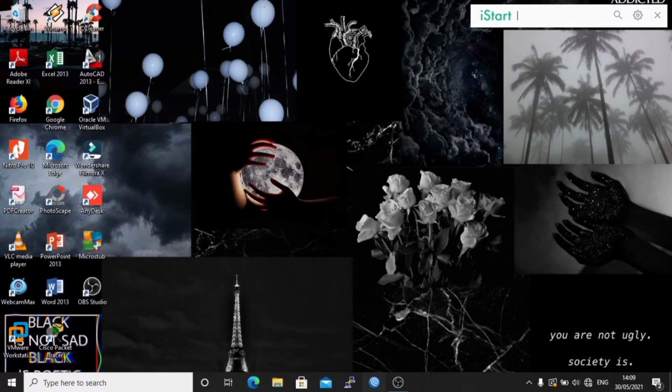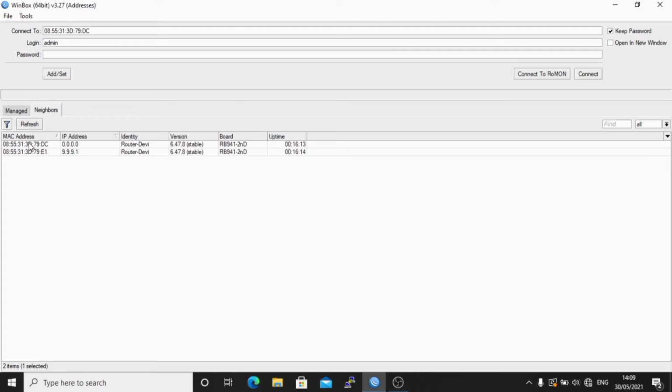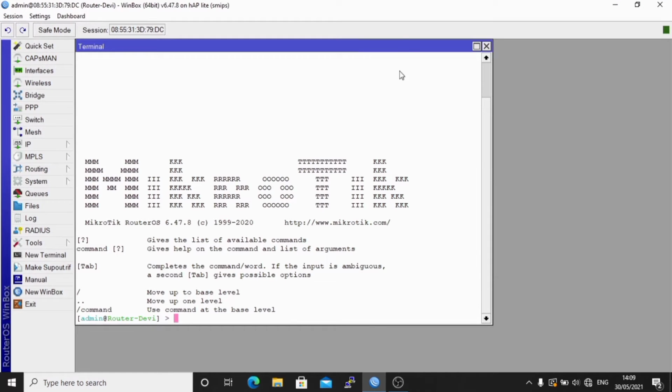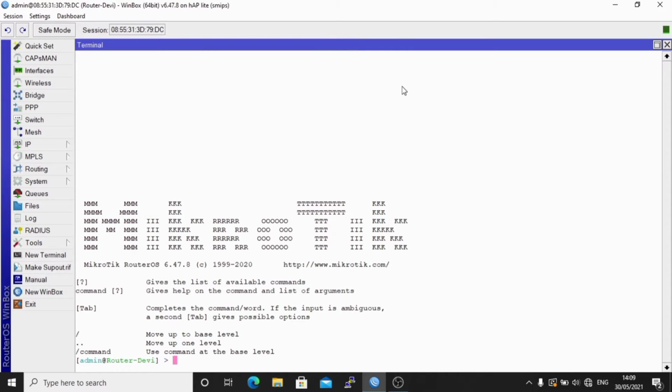Okay, open the Winbox. Connect. The first, do configuration default authentication. Default authentication serves to provide authentication by default, so all devices can be connected. Now, if we remove it, the authentication is no longer by default, but through MAC address authentication, which we will